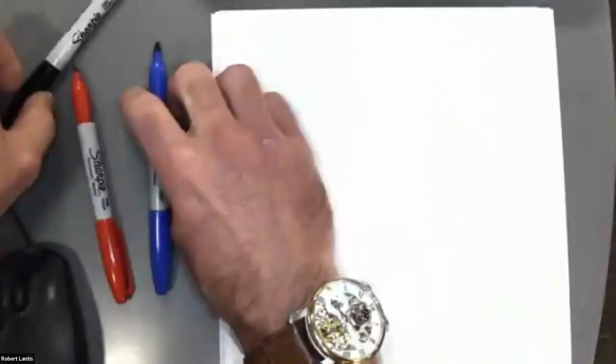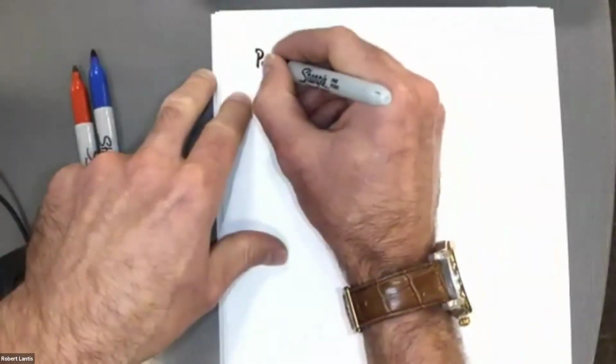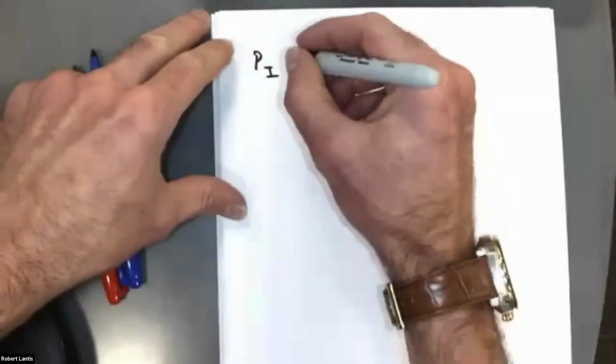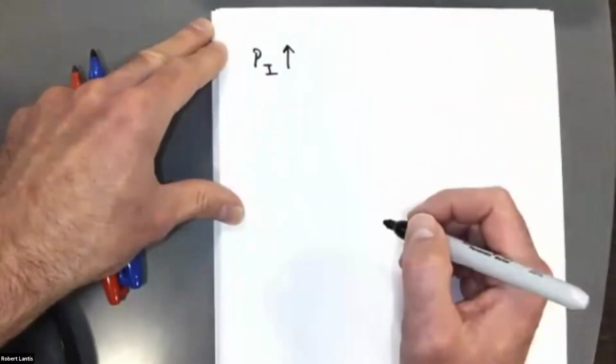So an iPod is a normal good. We've got an increase in the price. What will be the income and substitution effect? I'll walk through a couple different examples here. So we'll use this one. Let's say we had a price of this good. Was it went up? Yeah, it said it went up, right? So if I have a price increase,